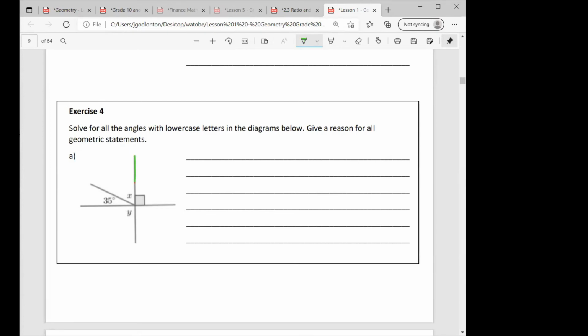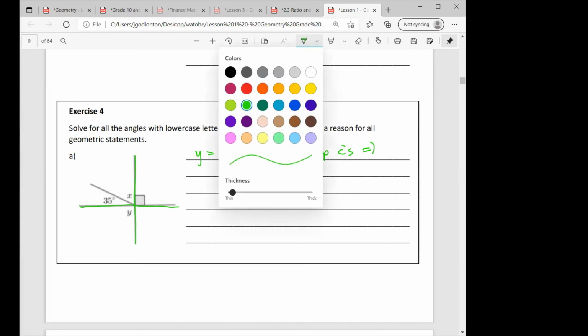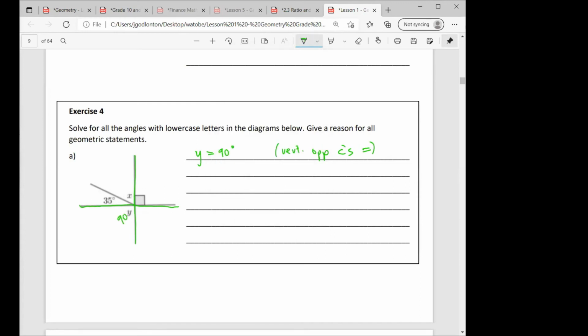Again, remember, because I told you this is just how my brain thinks, I would have thought vertically opposite angles. I would have said, okay, well, Y has to be 90 because of vertically opposite angles. And then, if I know this is 90, how would I find X? Either you could say that they're 90, so they're complementary, or you could have looked at the straight line